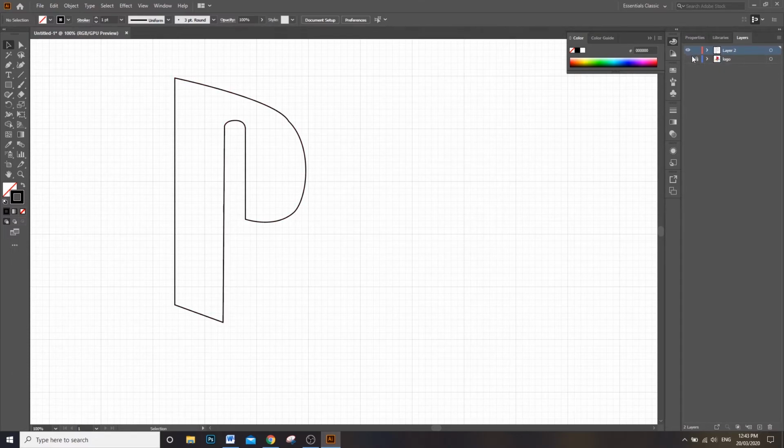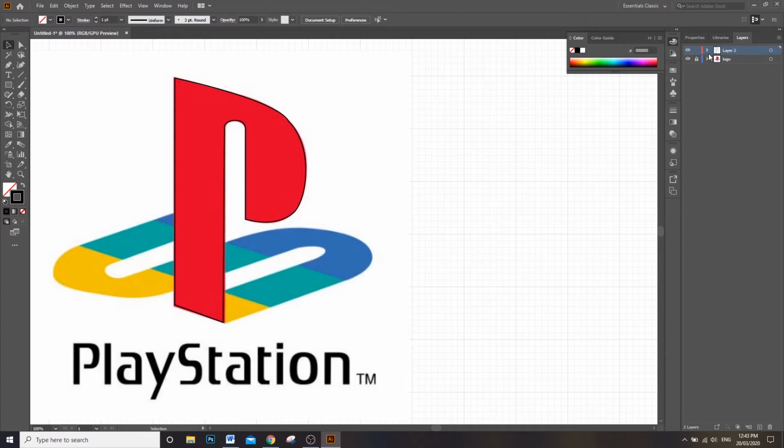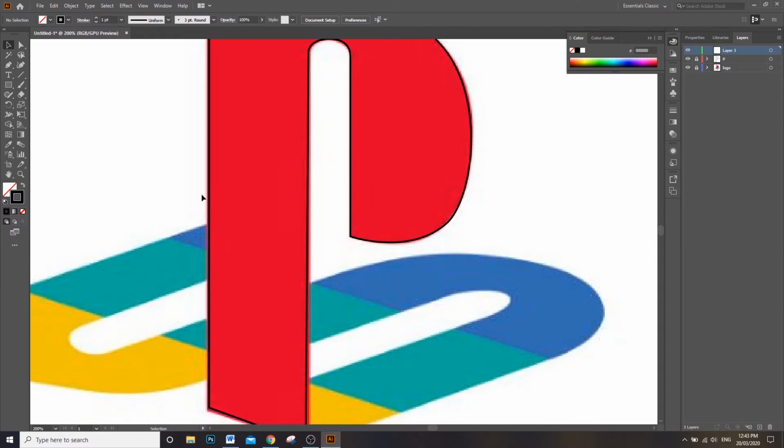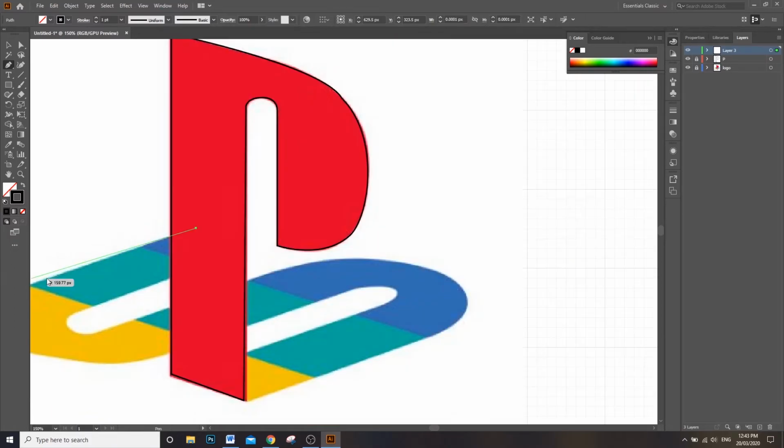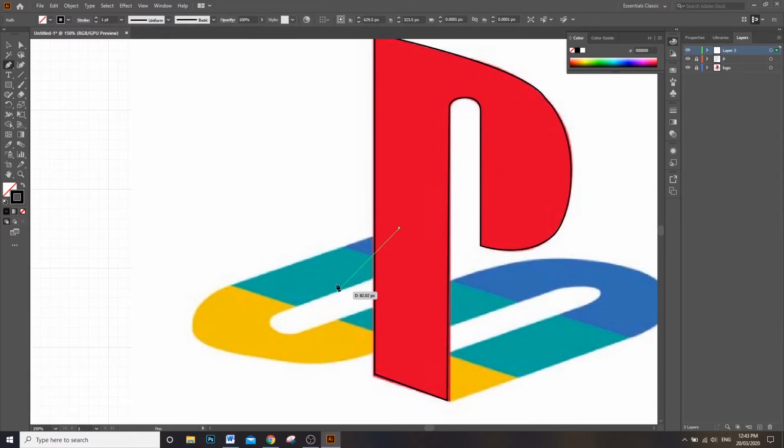So what I'm going to do is lock this layer. I'm going to call this P in the layers. I'm going to do a new layer, and this new layer is just going to be for the S here. So in the S layer, I'm just going to start tracing the image here, because I'm eventually going to put this layer behind the P. So click,